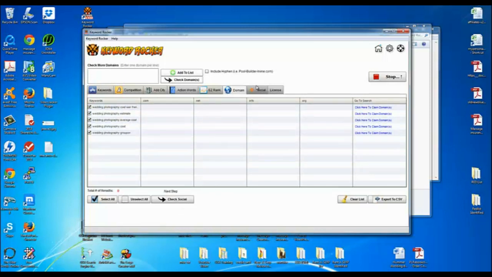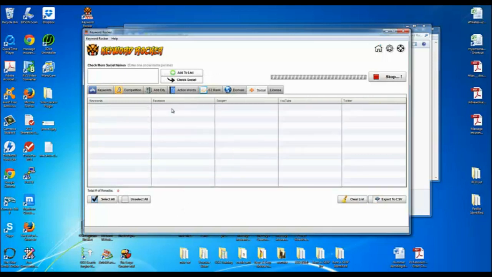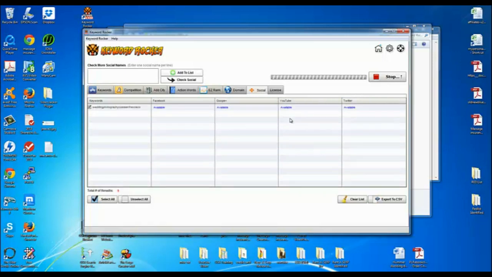And from there, you can check the social, which pulls up our keywords again one by one. If it connects, the whole idea here is that it's going to tell us if there's a Facebook page, a Google page for my keyword, a YouTube page, and a Twitter page available. There they come. So that took a moment, but it's probably my internet. So basically, it's saying that the key is to combine this whole keyword without spaces.